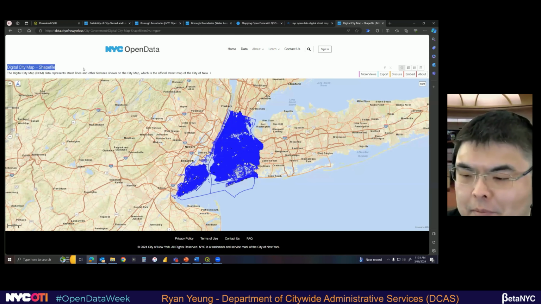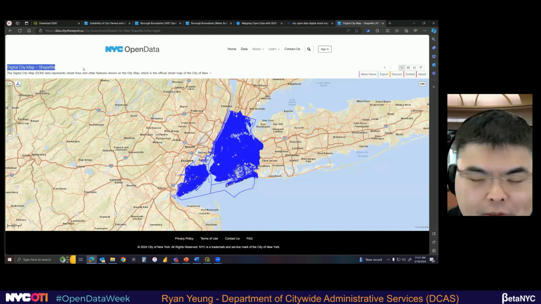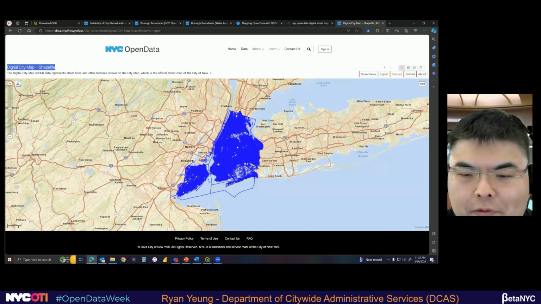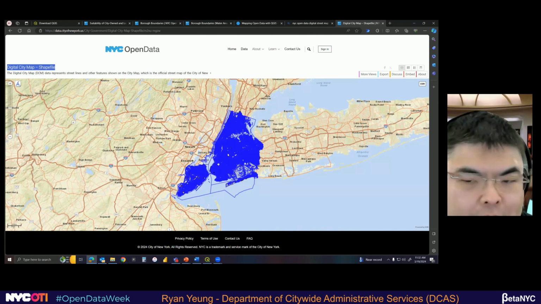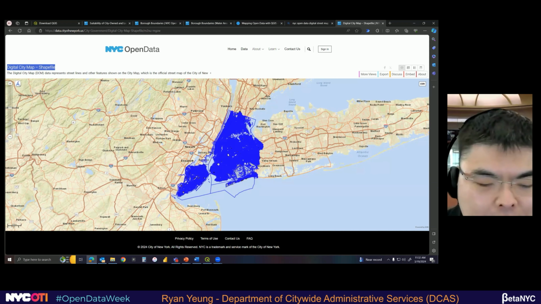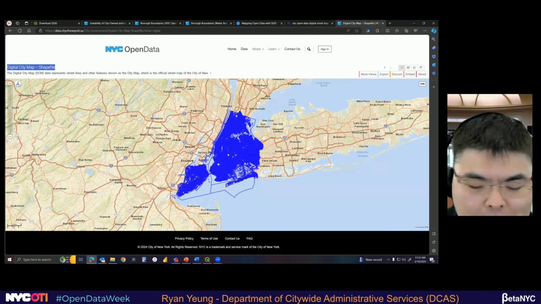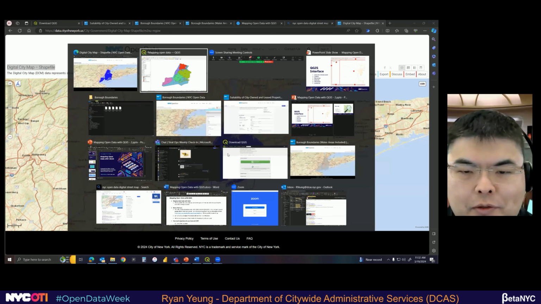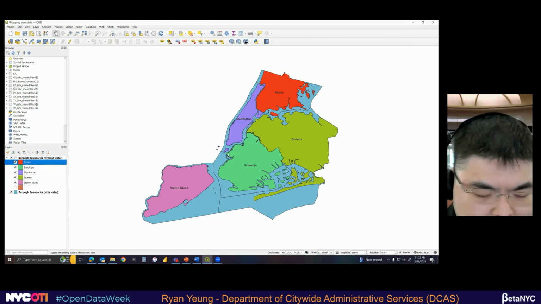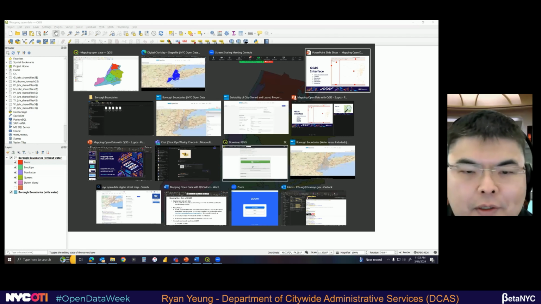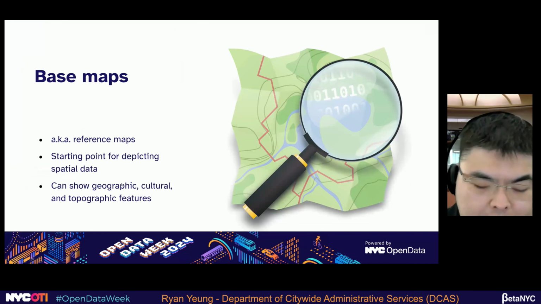Here, there is something called the digital city map. It's a shapefile. If you see the visualization here, it's complicated. There are lots of streets in New York City, so you could do that on your own time. In the interest of time, I'm going to show you a little cheat, an easier way to map the streets. What we can do is add a base map.